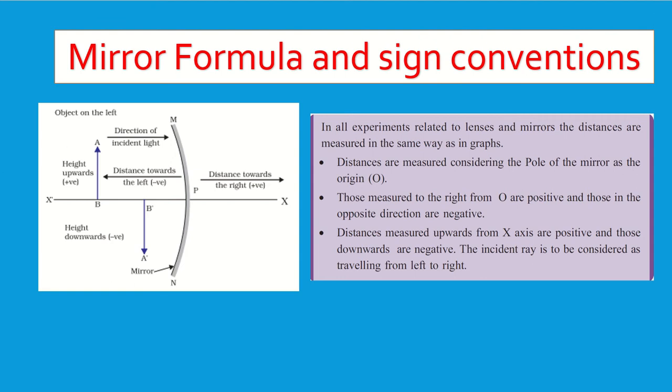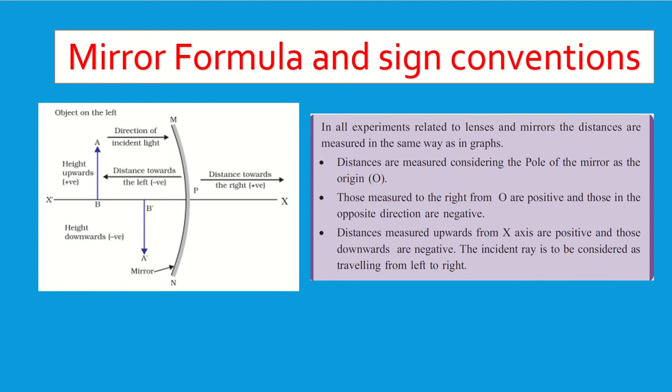As per the sign conventions, we will be measuring the distance from the pole of the mirror. That's mandatory. In the previous class, when I was drawing all the ray diagrams, whether concave mirror or convex mirror, I was drawing the reflecting surface facing the left side, right? The object was always kept on the left side. That doesn't mean I cannot keep an object on the right side. Definitely, if an object is on the right side and the reflecting surface is facing it, reflection will take place. But when we are following a rule, the whole class or the entire world, when they learn optics, has to follow this particular pattern. That is why there is a particular rule in the sign conventions.